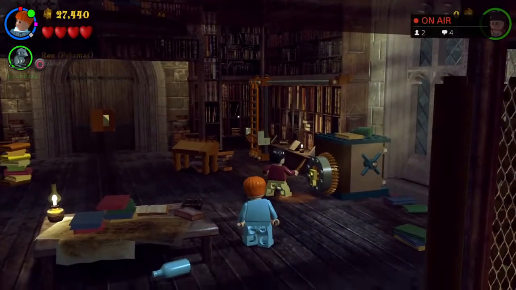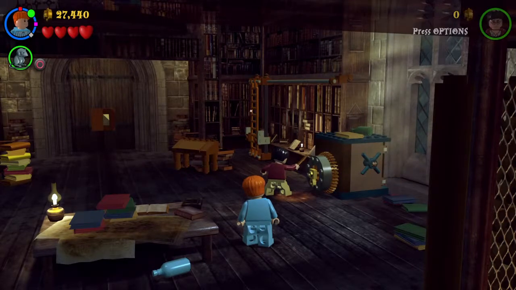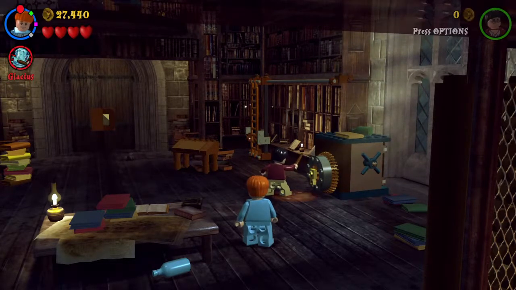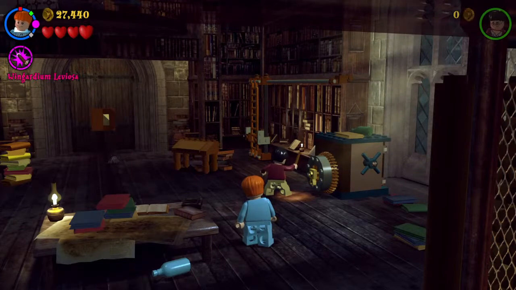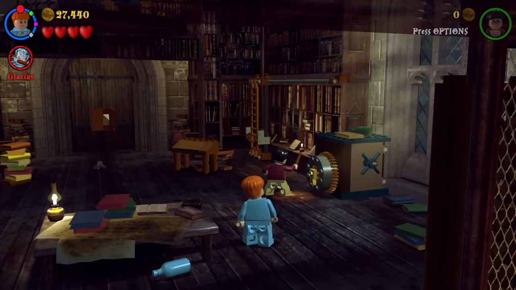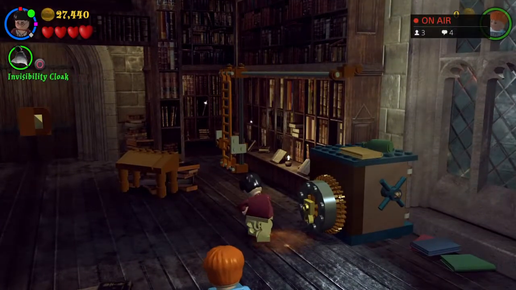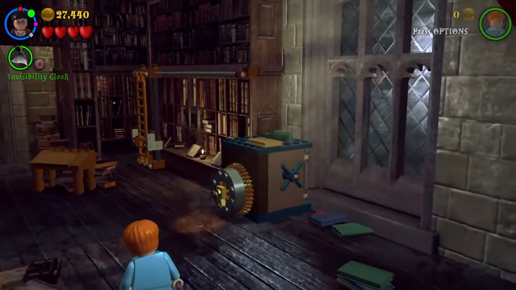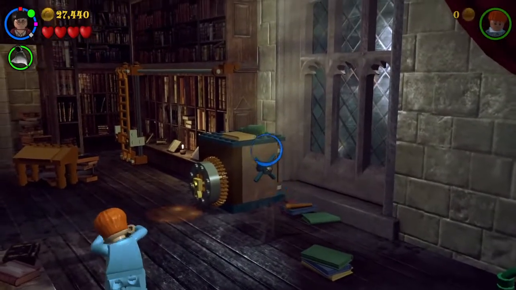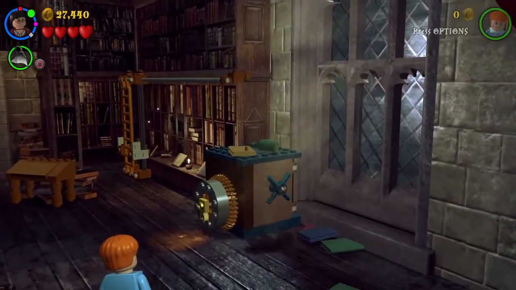How do I do this? Alohomora. I don't have Alohomora though. I have only Lumos Solem, Wingardium Leviosa. That's it. And Glacius, which is not going to be of any help. What do I do? No Alohomora.